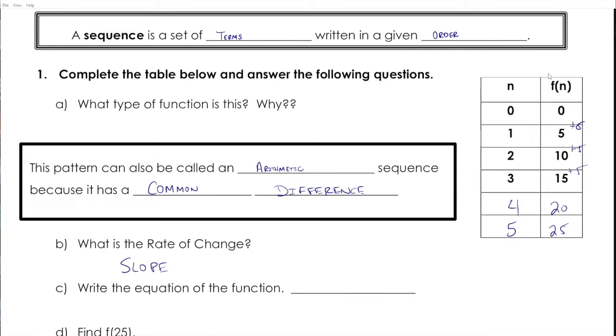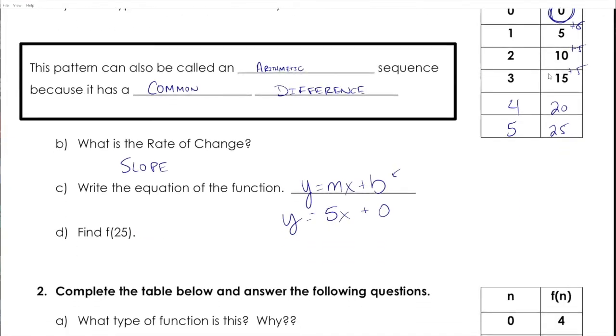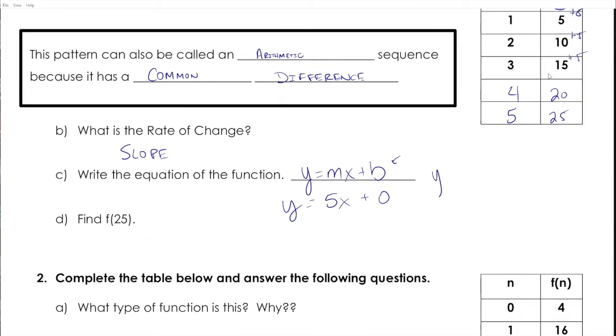So for this equation on the right, we're going to write it in y equals mx plus b. Our y-intercept is our b, so where does that start? We're going to put a 0, and then our slope, what is it increasing by? For every one it goes right, it goes up 5. So 5x. So we can just leave this as y equals 5x because we don't have to write that 0